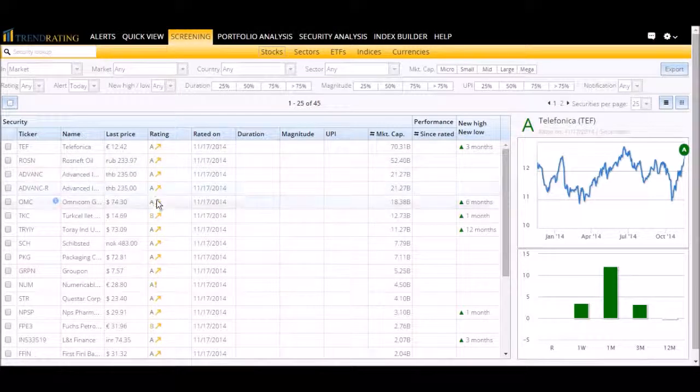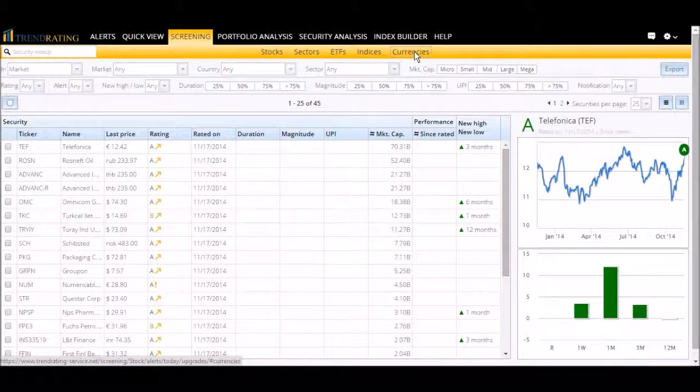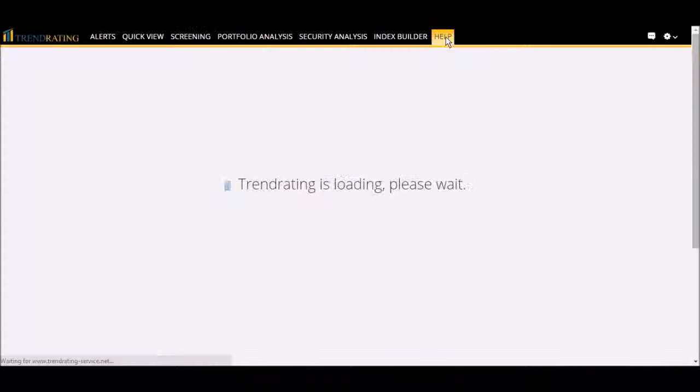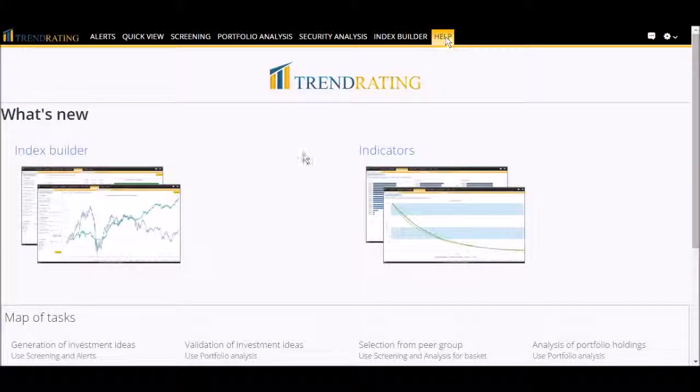The asset classes that we track are stocks, sectors, ETFs, including commodities and real estate ETFs, indices, and currencies. For any additional information, please refer to the Help tab, where you can find a full explanation of how best to use the full Index Builder functionality, and also more information about our indicators that estimate the upside potential during bull